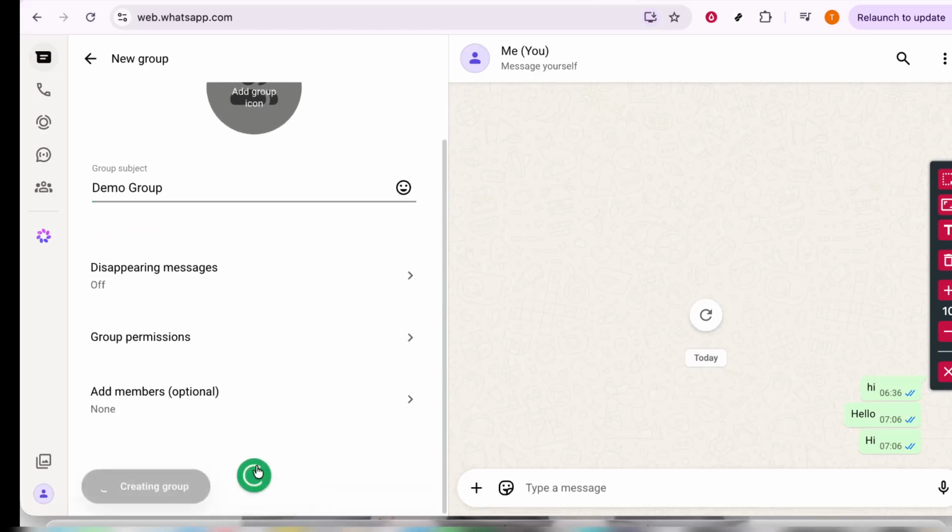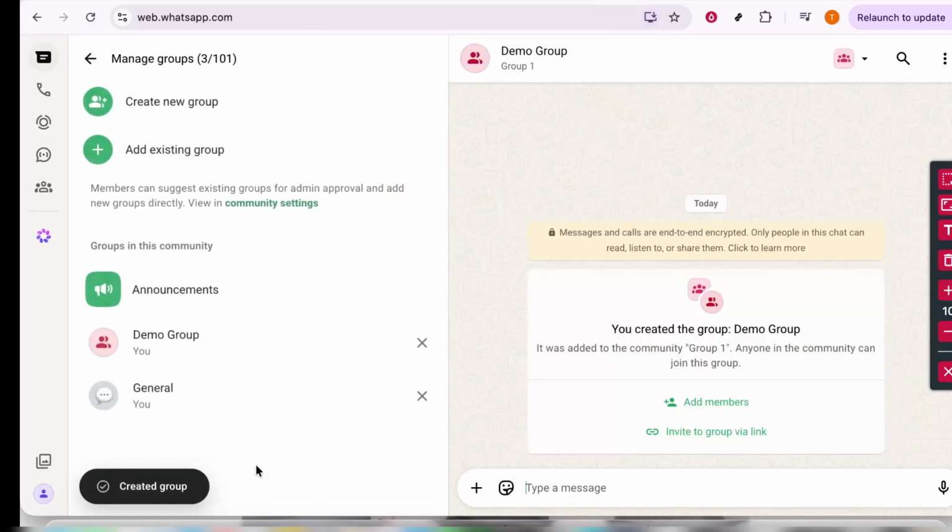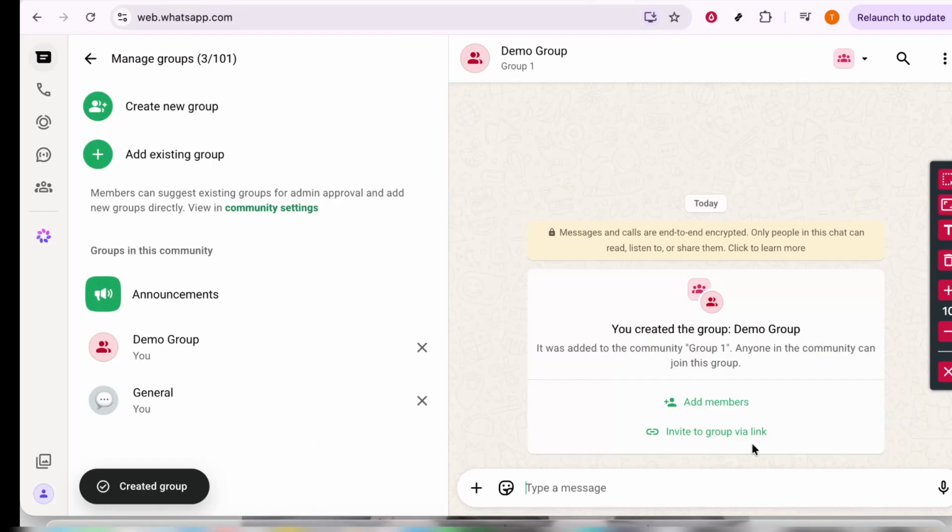It's really that straightforward. By following these steps, you can now create a space on WhatsApp Web where conversations can flow smoothly across related yet distinct groups. Whether you are coordinating a project, staying connected with family, or managing a team, the community feature